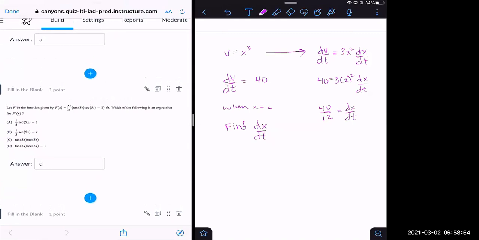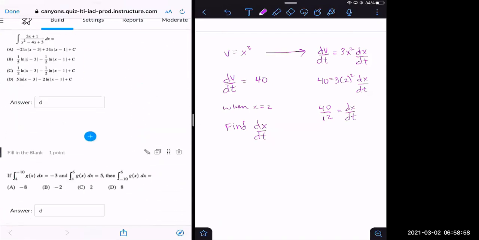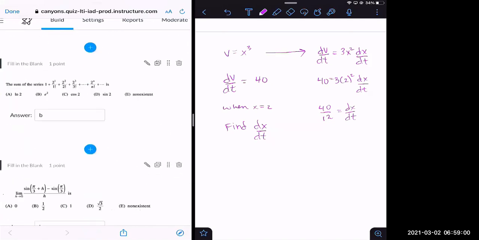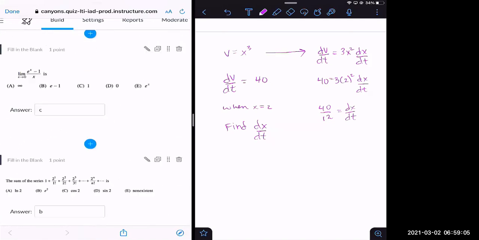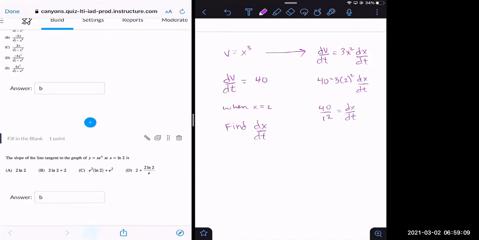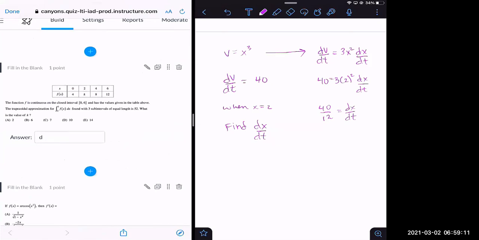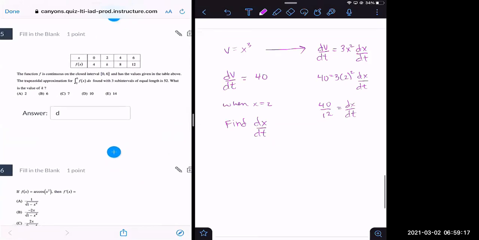Maybe the one with the trapezoidal. Did it give us a table? I don't remember. Is that a table question? Okay. Was it this one? Yes. Okay. This one was kind of tricky because, and this again goes to how AP can take something